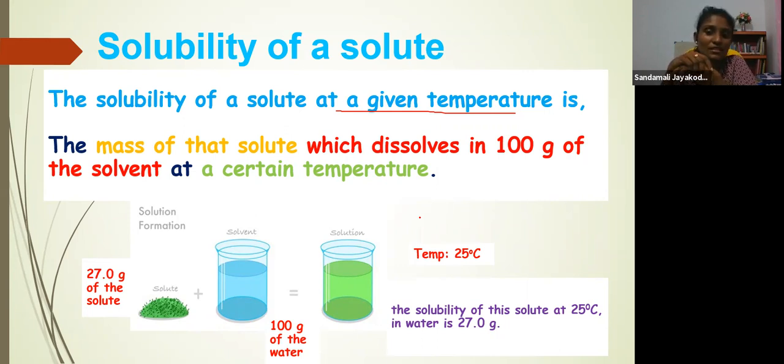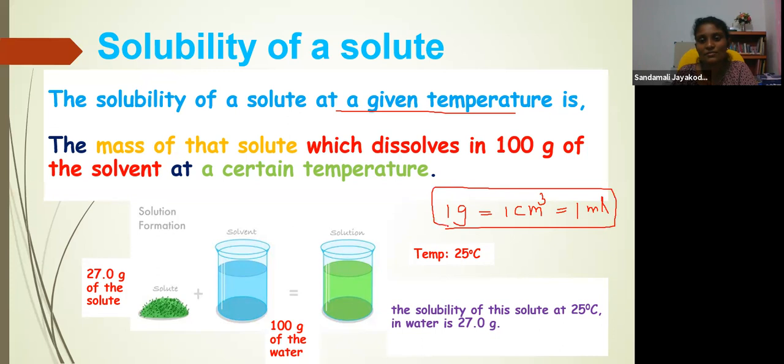Water 100 milliliters. Here I just said 100 milliliters because 1 gram is equal to 1 cubic centimeter, and 1 cubic centimeter is equal to 1 milliliter for water. This is a constant for water. So whether we say 1 gram, 1 milliliter or 1 cubic centimeter, we are defining the same amount. So what we have to do here is take 100 grams of water, 100 milliliters of